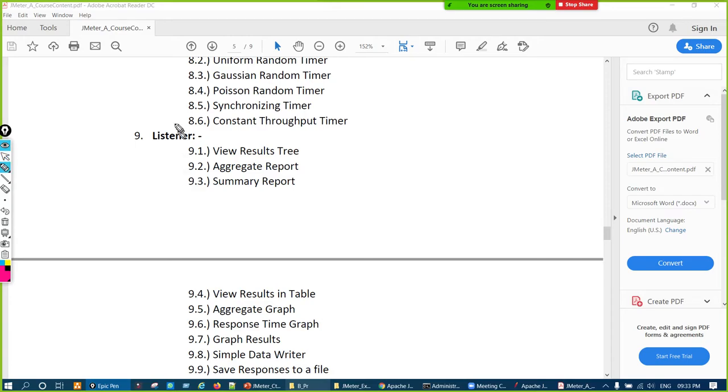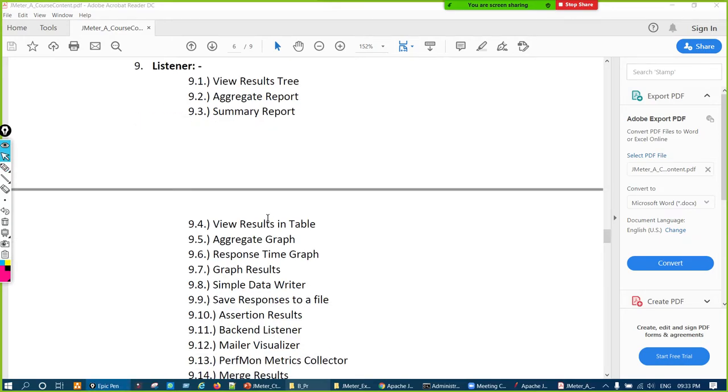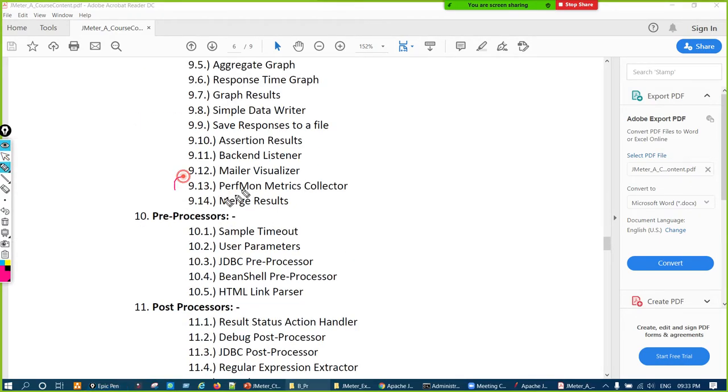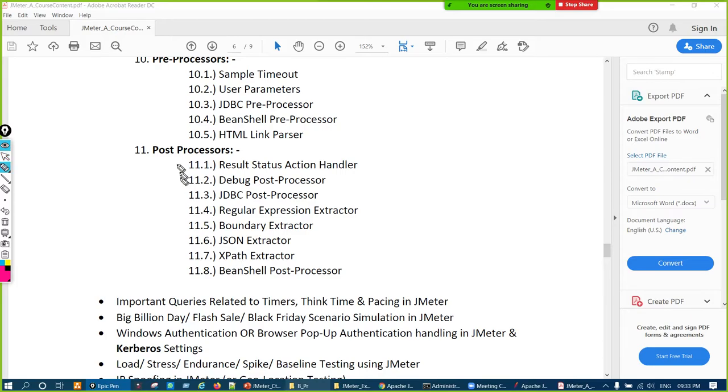Then listeners, around 13 to 14. Then pre-processors, 4 to 5 elements, and post processors, 7 to 8 elements. These I have highlighted in black are the major, main components, and they are divided into subtypes, some elements.